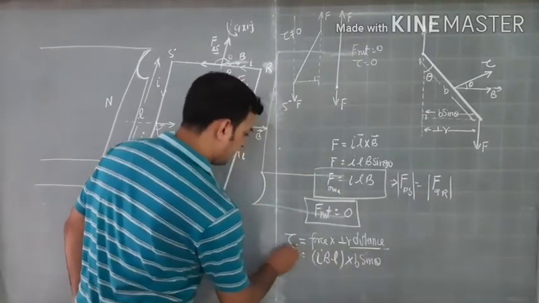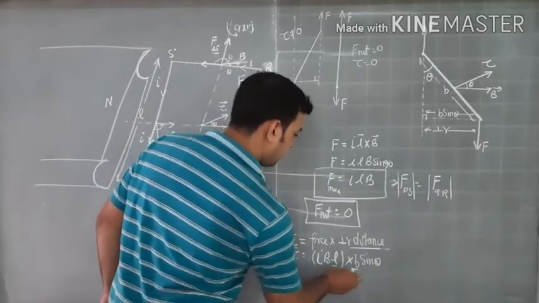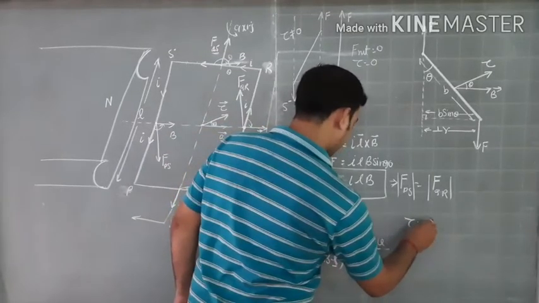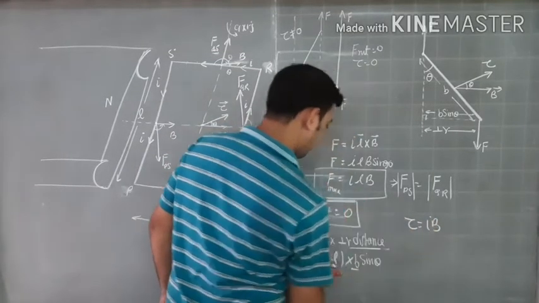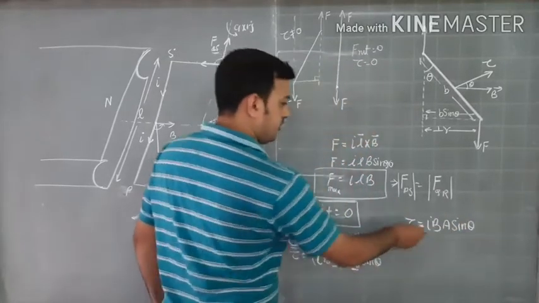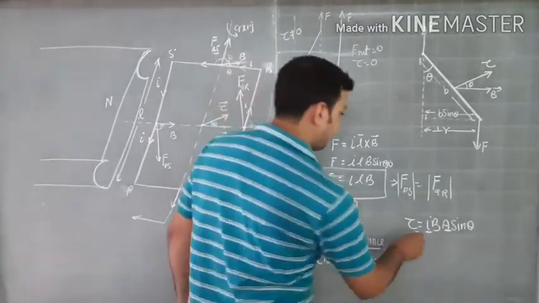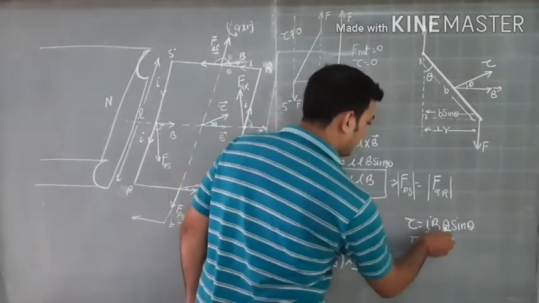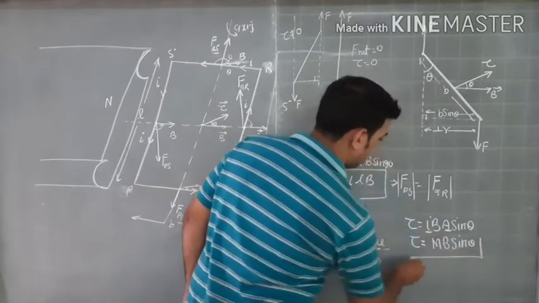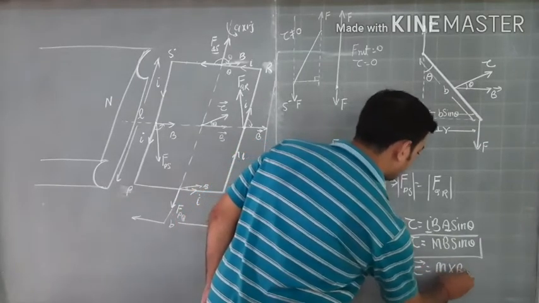I am just taking the magnitude of the torque, and you know that L cross B is nothing but the area. So I can write torque as I B, L cross B is the area, times sin theta, and as I told you, if you multiply I and A, you will get the magnetic moment, and the symbol for magnetic moment is M. So this is going to be M B sin theta, or in vector form I can write M cross B.